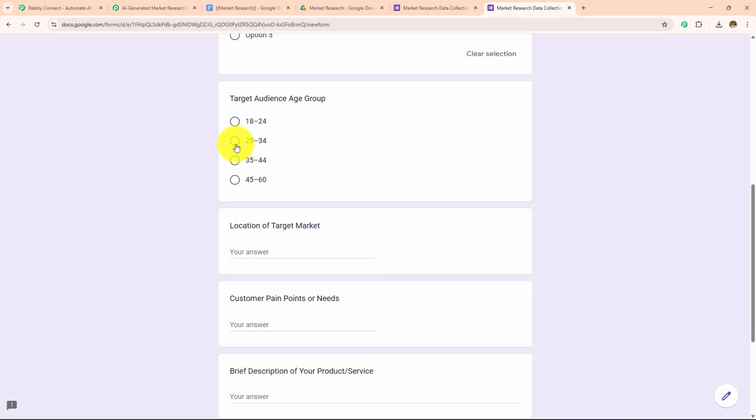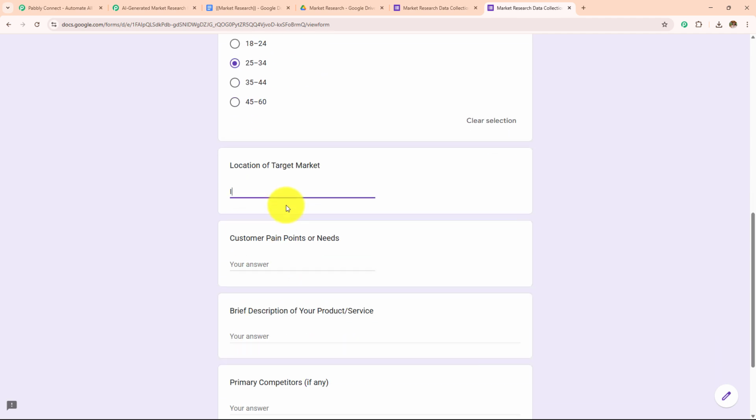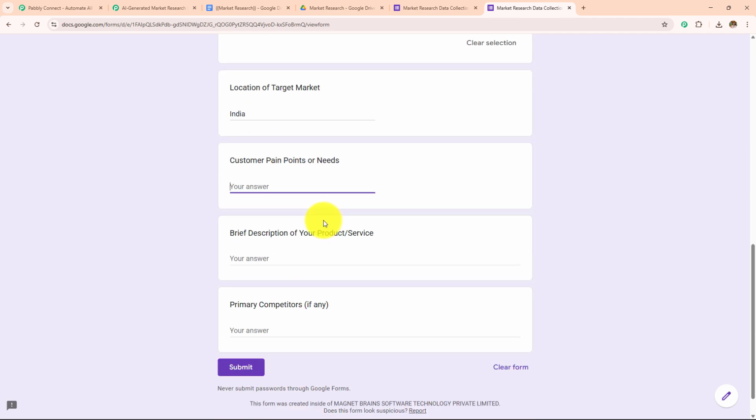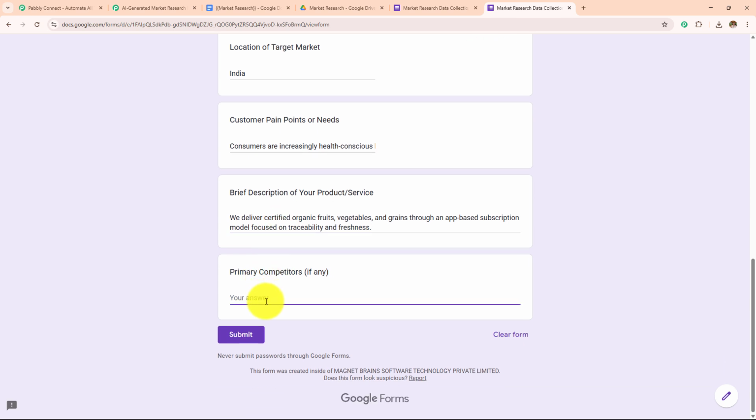The target audience is 25 to 34. Location of the target market is India. Then the customer pain point or needs is this. I have added: consumers are increasingly health conscious but find it difficult to trust the authenticity of organic labels. They also demand convenient home delivered options for fresh chemical free food. Here I am going to enter the brief description of the product or the service. We deliver certified organic fruits, vegetables and grains. And then I'm going to enter the primary competitor as this one, and now I'm going to click on this